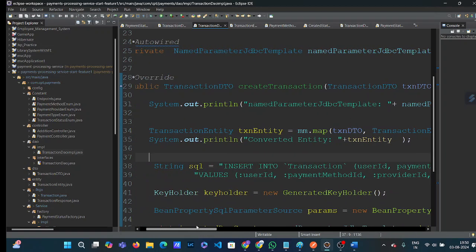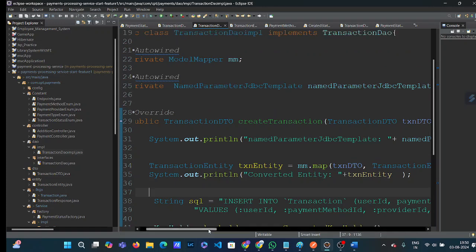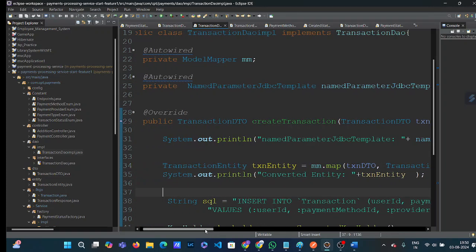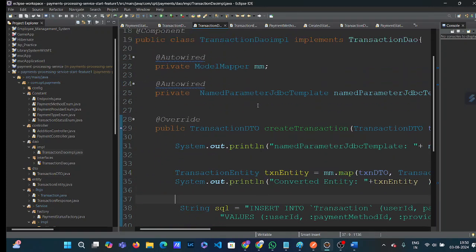Right now we implement Spring Boot JDBC. We take the help of Spring Boot JDBC to store data, to communicate with the database and perform CRUD operations. NamedParameterJdbcTemplate is a class of the Spring Boot JDBC module. So with the help of NamedParameterJdbcTemplate,